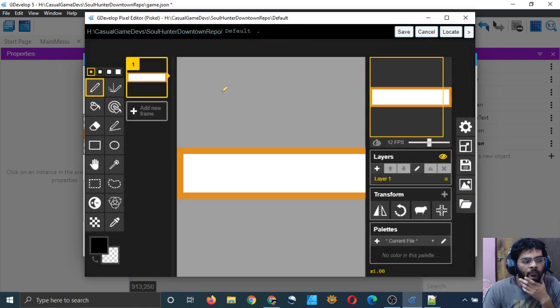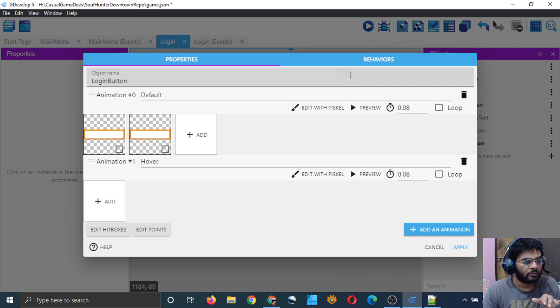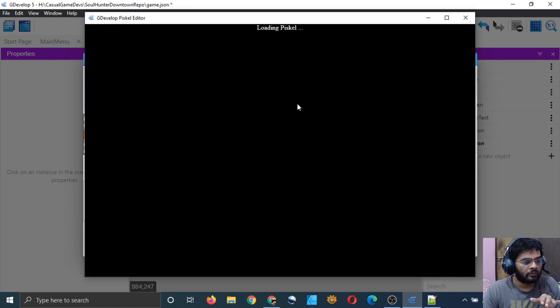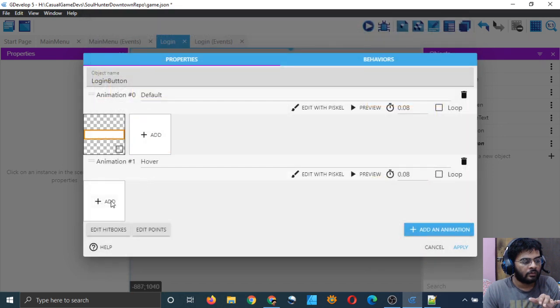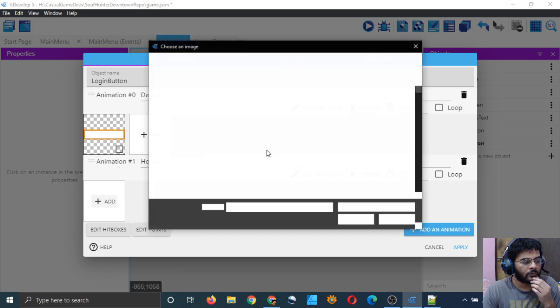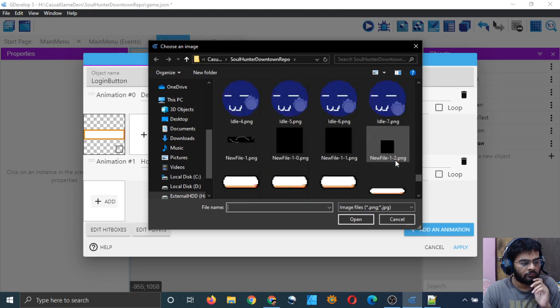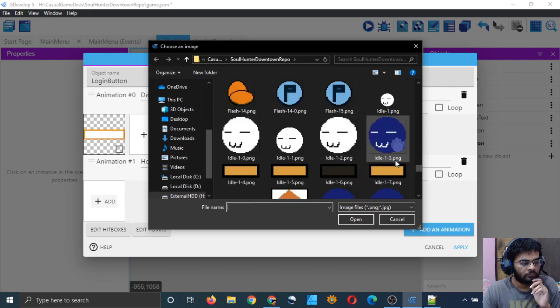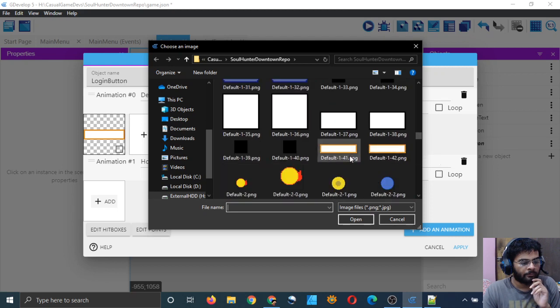So let me edit with Pascal, add a new and duplicate simply, and this one, duplicate this frame, don't delete it, save it, then again edit, and let's see if I have two of them. Login default. Yeah, I have two of them.